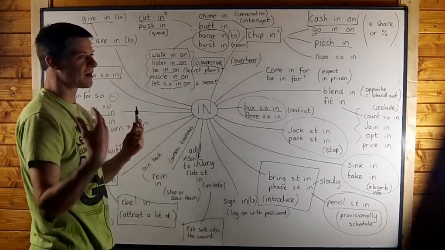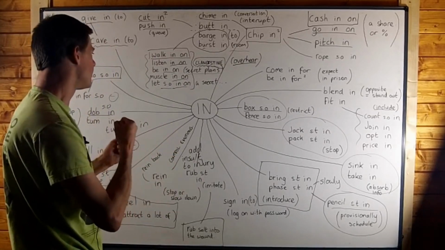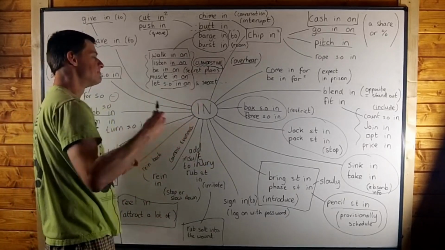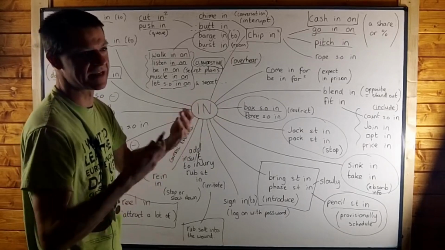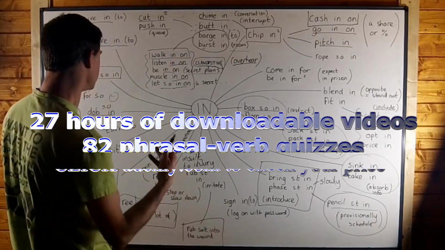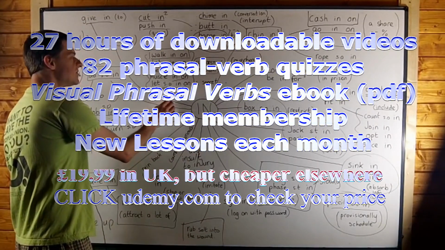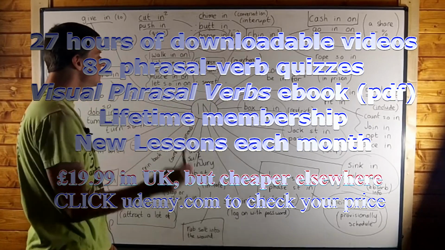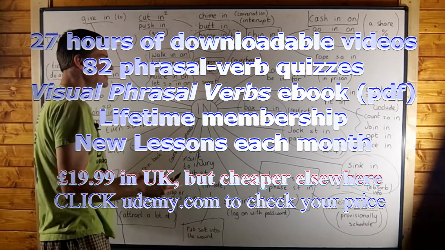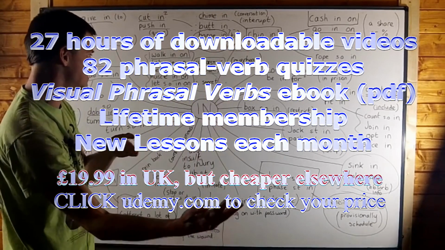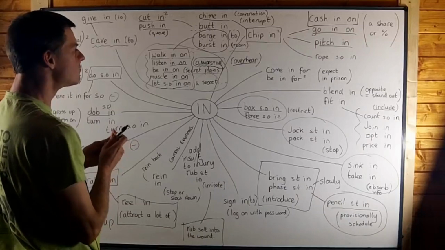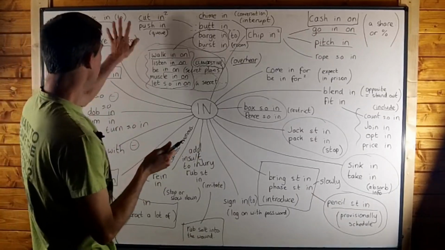If you muscle in on someone's business, it means you take away part of their business using aggression and force. So the mafia might muscle in on another family's territory or something like that. You could muscle in on someone's business and you could muscle in on someone's territory. If you let someone in on a secret, you tell them a secret. You let them know about the secret plan, yeah? You are already in on it, and then you let your friend in on it. Okay, so all of those are pretty similar. They're all in on and they're all quite similar. Okay, we're going to come to those ones in a second.